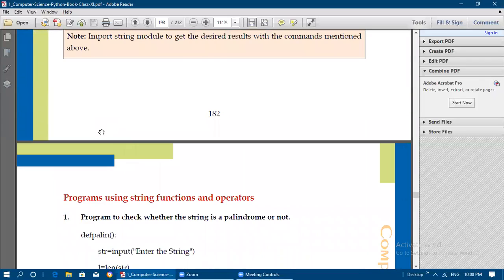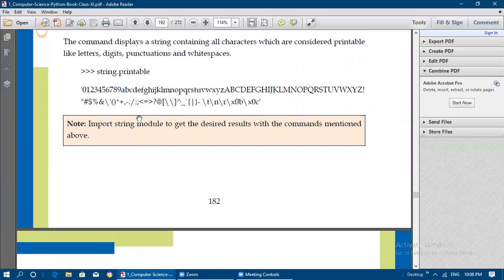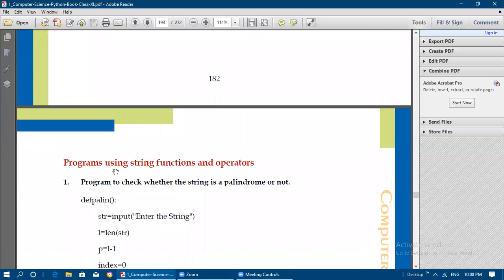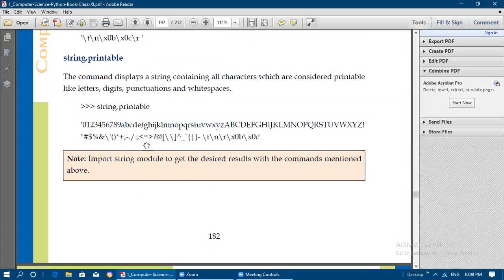With this our lesson is getting over, and the remaining topics discuss some programs related to strings and their operators, which we will see in the next class. Whatever we have learned till now in these videos is everything related to this strings chapter. So go through these topics one more time and be ready for your test.